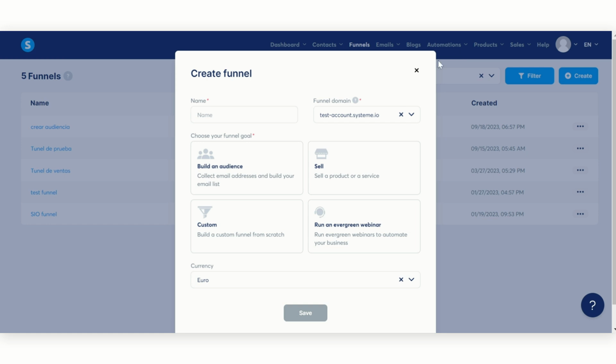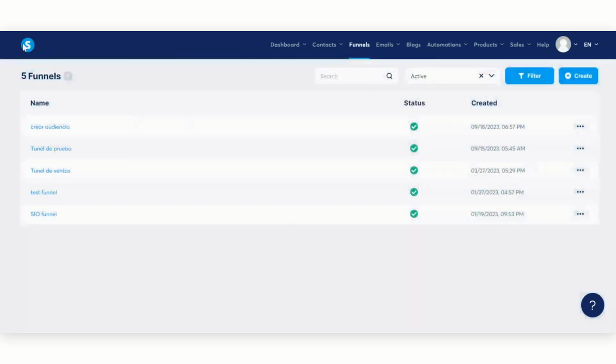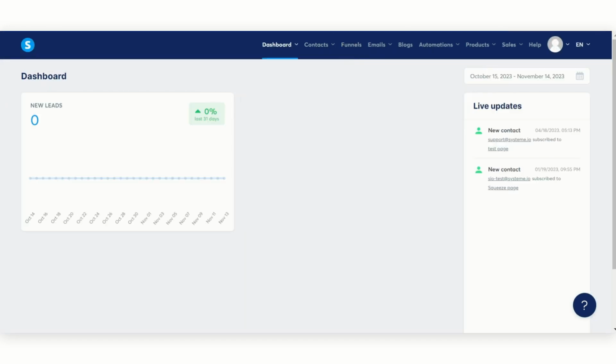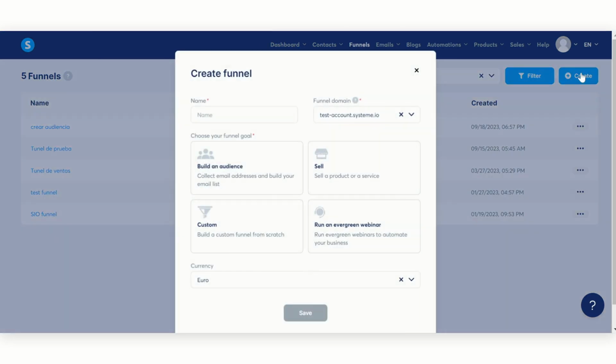Let's go back to the very beginning just so you can see how everything works. This is our dashboard. This is a test account, so it's pretty empty. But usually when you first open your account, you're going to come here and then you're going to go to funnels and click create. And that's where you're going to see the four types of funnels that we have available